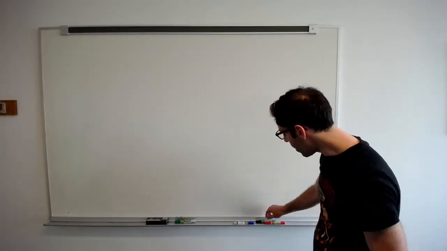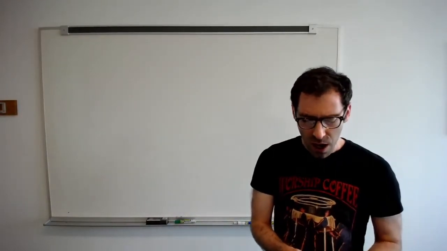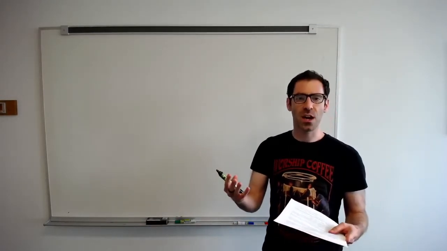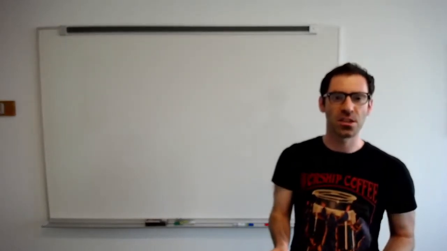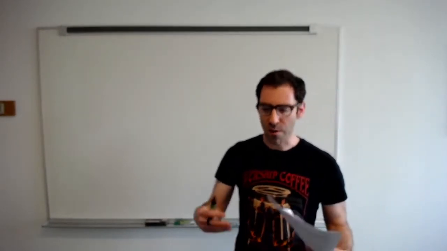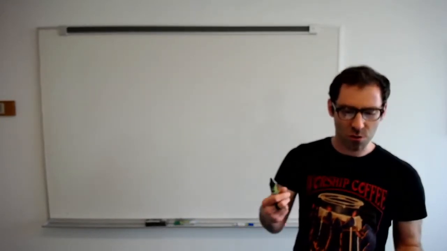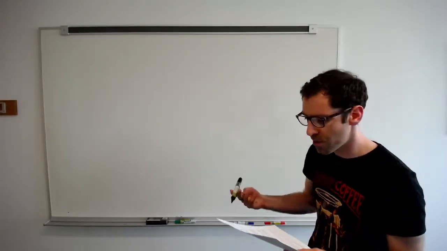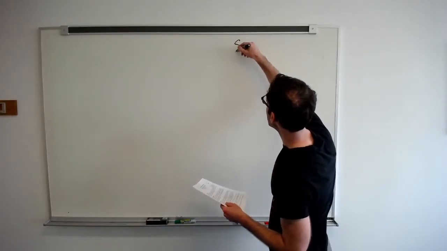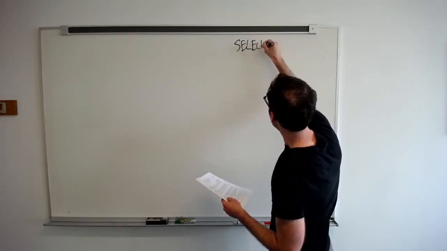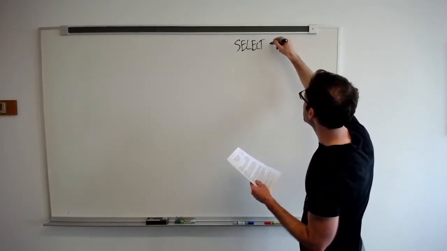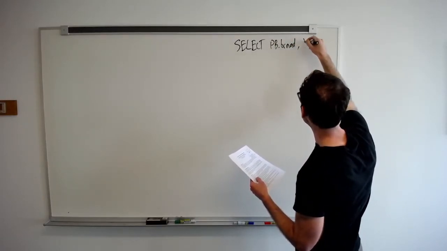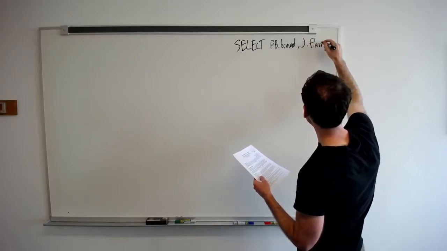So I'm feeling a bit hungry, and I like a good peanut butter and jelly sandwich. So let's say that I want to consult the database of sandwich ingredients in order to write a query that's going to optimize my peanut butter and jelly experience. So I might say I want to select a brand of peanut butter and a flavor of jelly